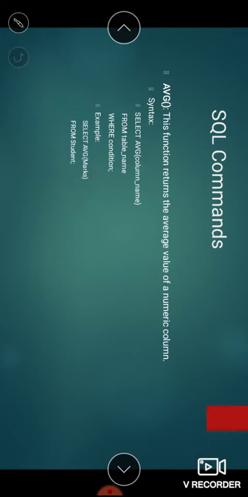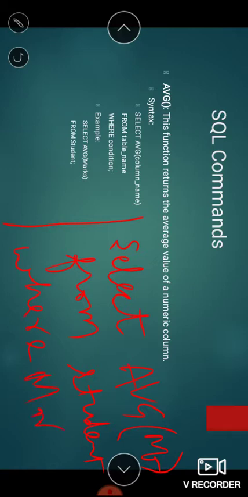Or if you want to specify a condition, you can write like this: select average marks from student where marks greater than 20. So like this you can specify the condition.